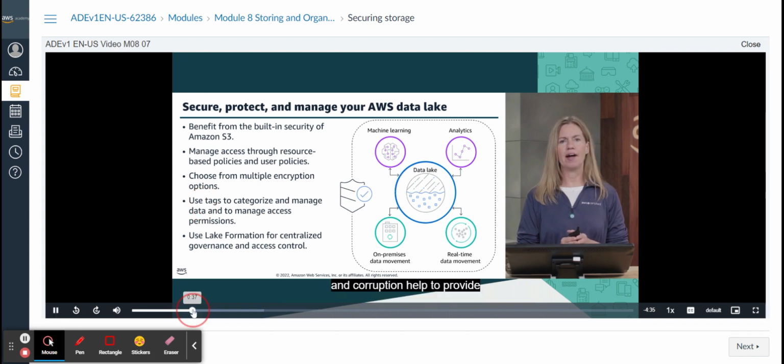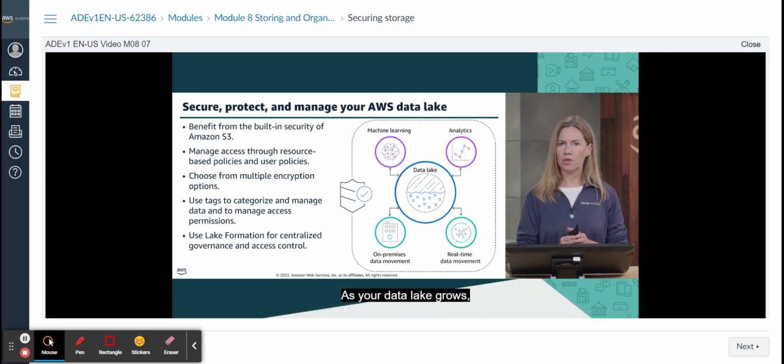level of data protection for your data lake. As your data lake grows, the need for fine-grained security controls to secure your data's processing and lifecycle grows. You can combine the inherent security features of Amazon S3 with other AWS services,